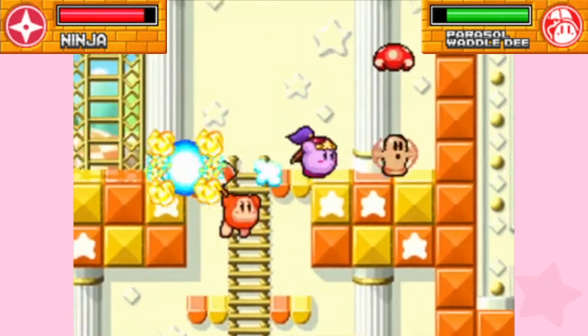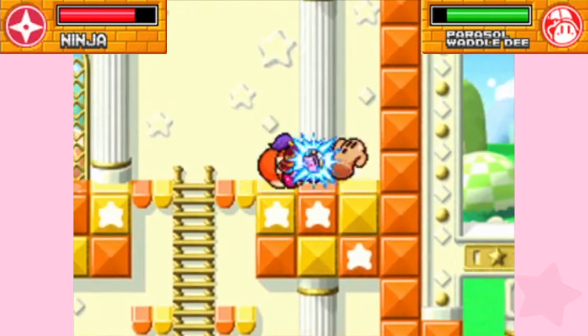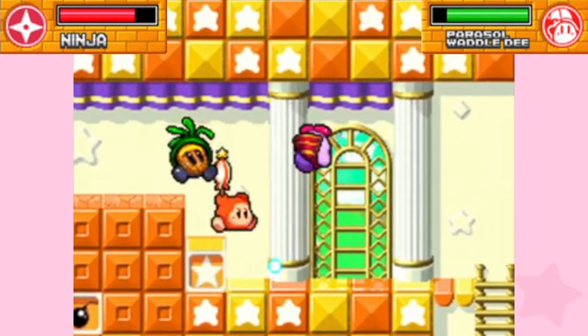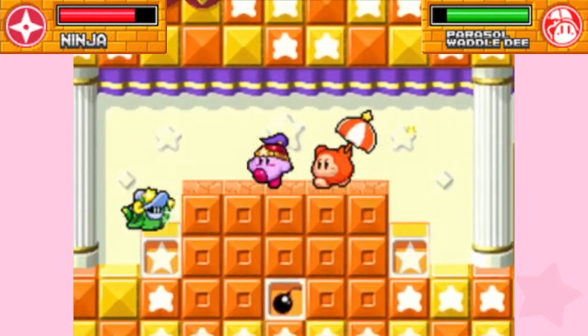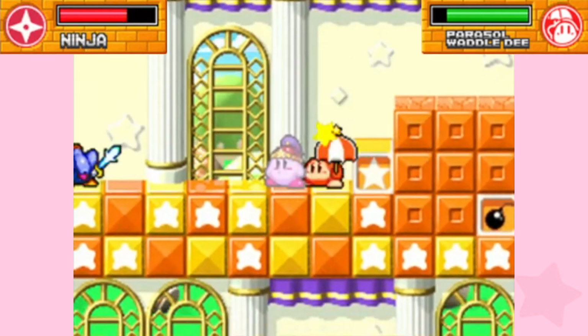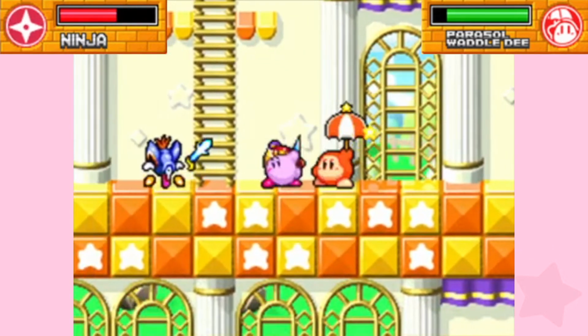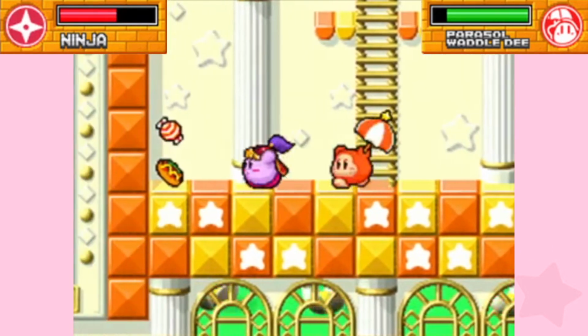I guess I should take more damage. Okay, stop killing the enemies. Okay, that's not what I wanted to show. I was expecting to take damage there. There we go. You can just hide and then make an explosion happen if you take damage as Ninja